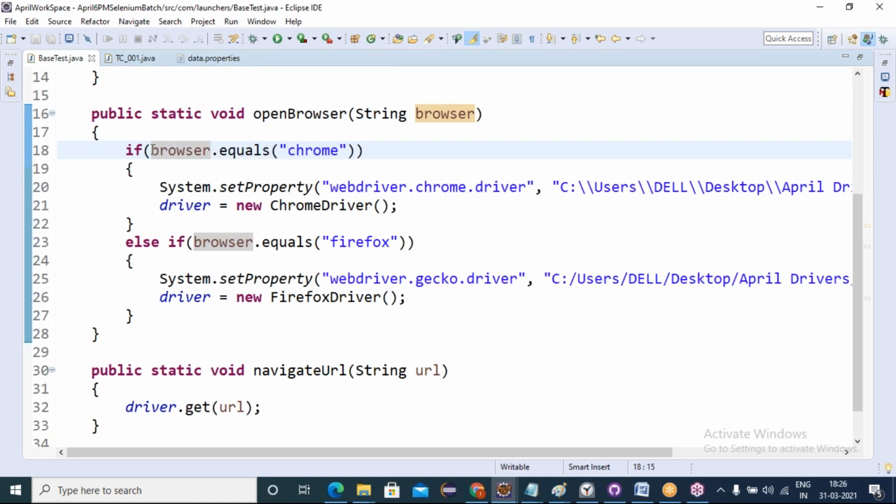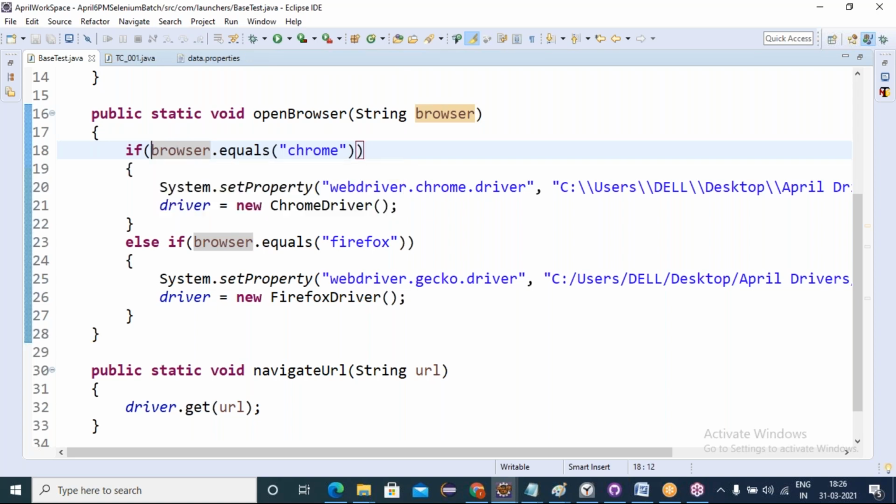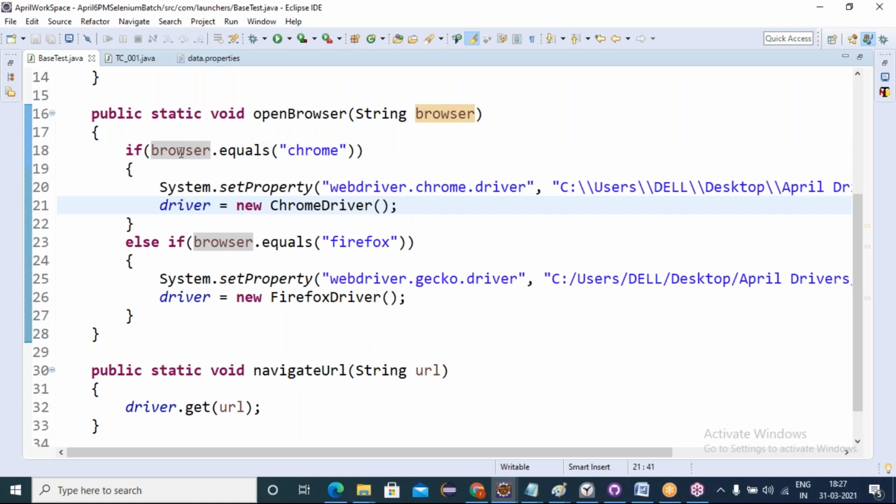When I ask the question, no one will answer. Yes, sir. A simple yes, following the process. How can I help you? Is the key Chrome browser key equal to Chrome or not? Not equal, right? No, it's not. Because why? The key's value should be equal to Chrome. Then only it goes in to execute the statements.